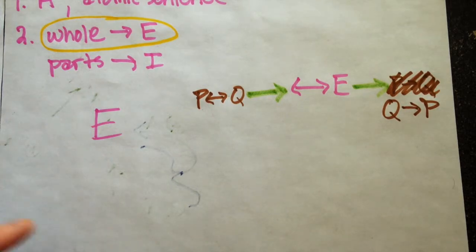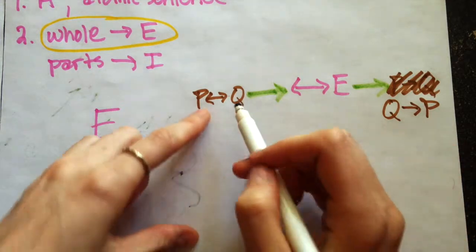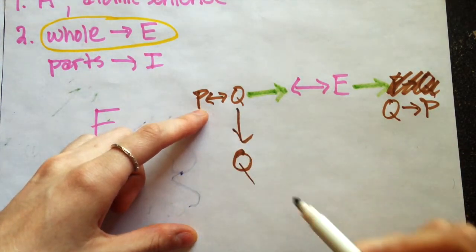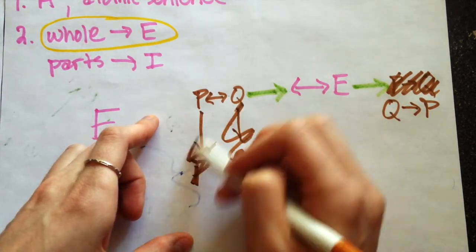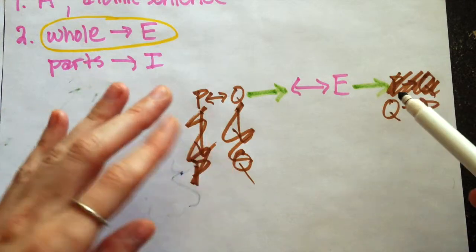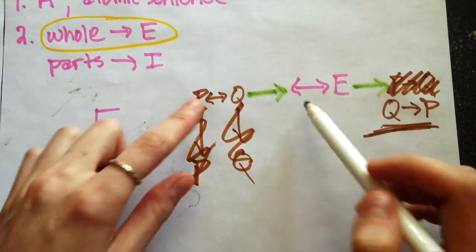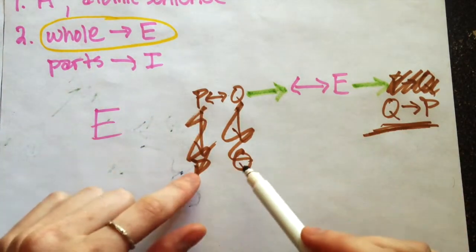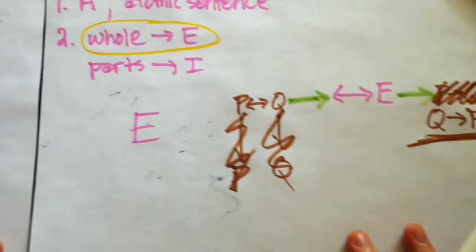So the reason I'm going into this is because you'll notice that double arrow elimination doesn't allow you to just take out Q or just take out P right away, right? You have to go through the step, you have to pull out a conditional sentence. So double arrow elimination gives you a conditional. It does not just give you one of the conditions on their own. So thinking about that here,